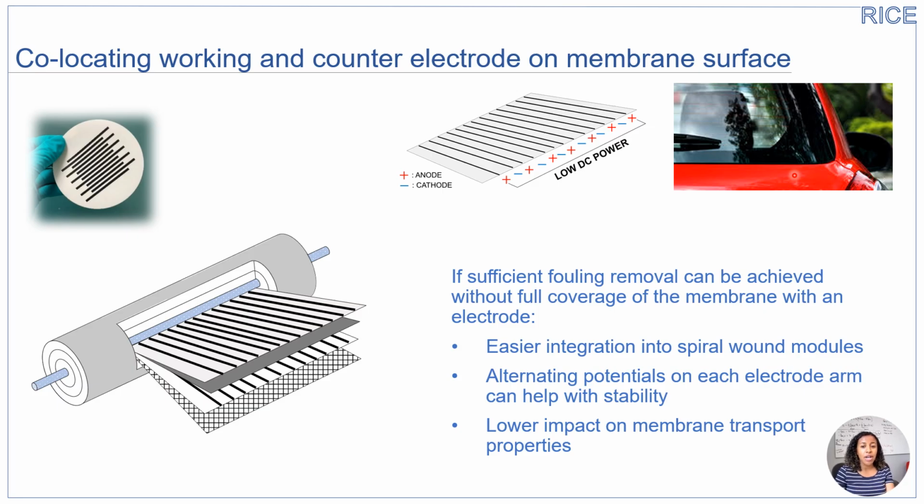In my lab, we've been exploring the idea of co-locating both the working and counter electrode on the membrane surface as a way to overcome the limitations I just mentioned. Particularly for spiral wound modules, this would make it easier to integrate into existing modules. In addition, if sufficient fouling removal can be achieved with only partial coverage of the membrane surface with an electrode, kind of like how defroster grids on the back windows of cars work, this can help with the other challenges I mentioned as